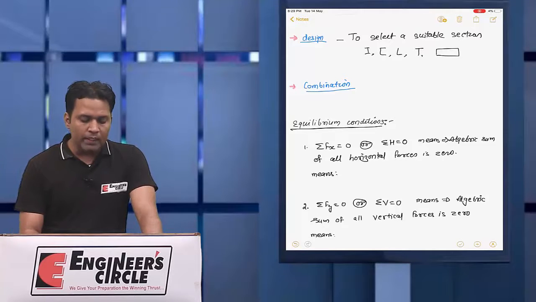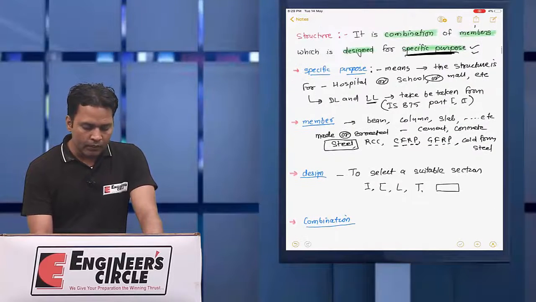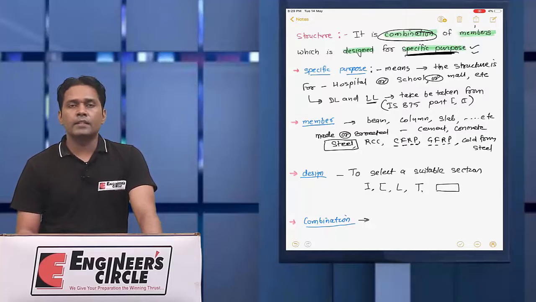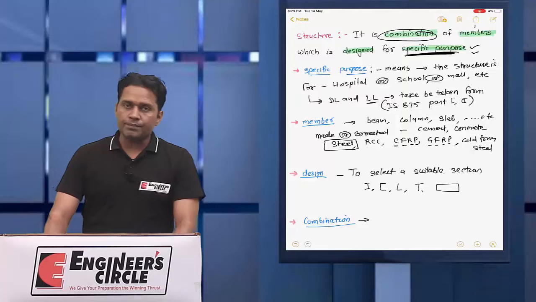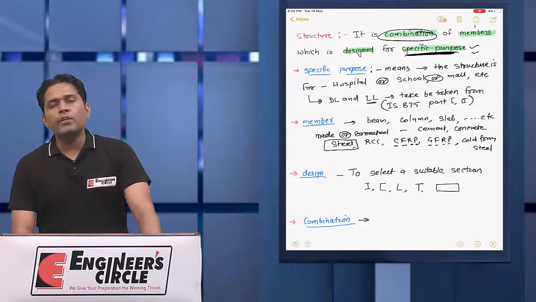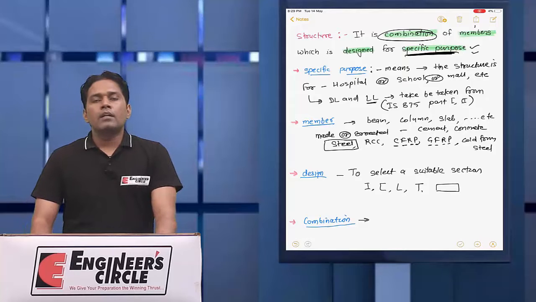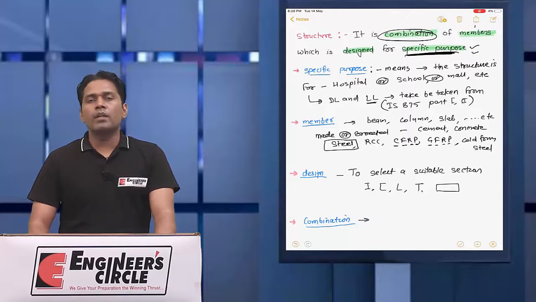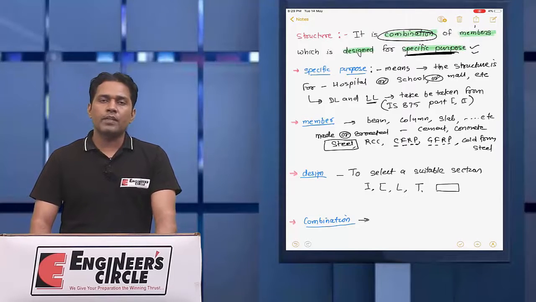So for combination, from structural analysis you already know that at each and every section in the structure the equilibrium condition must be satisfied.